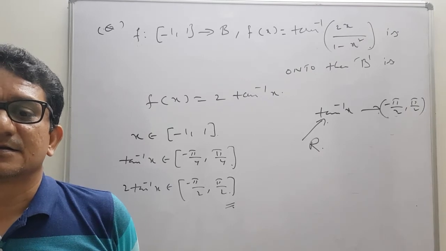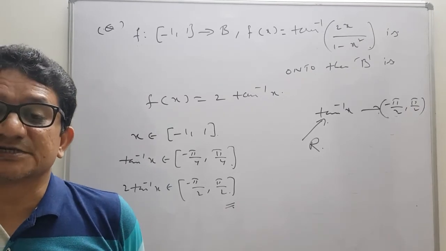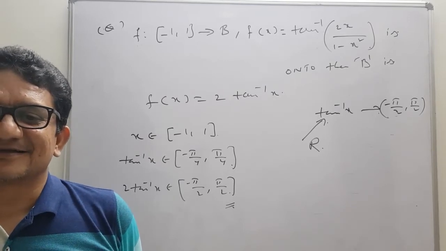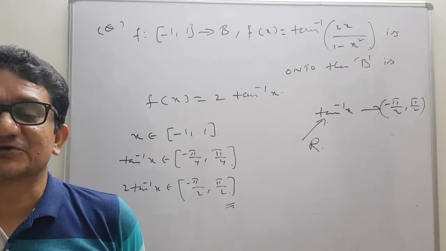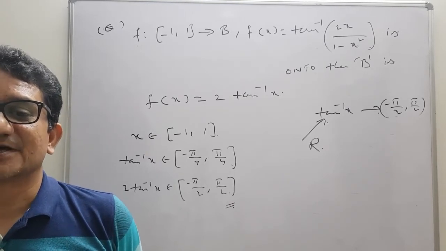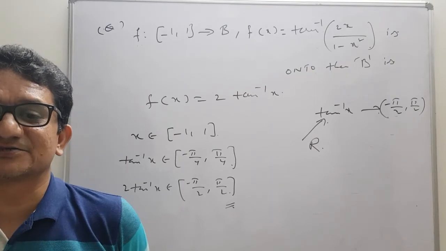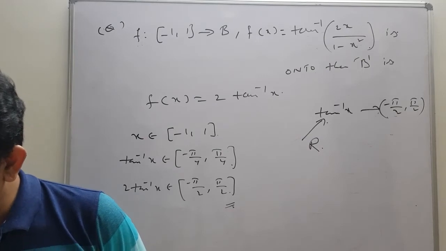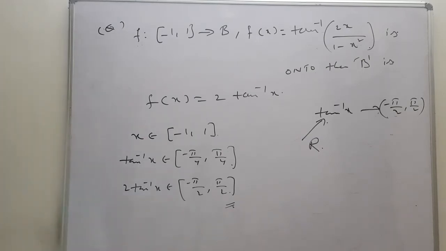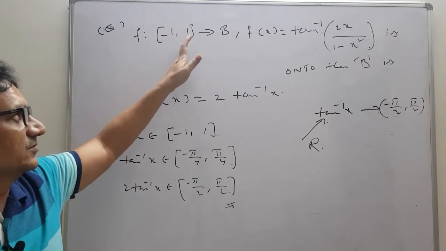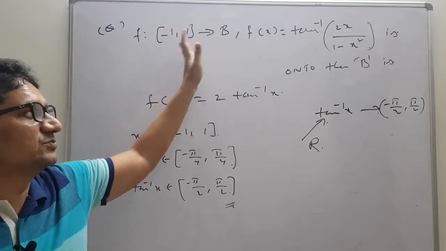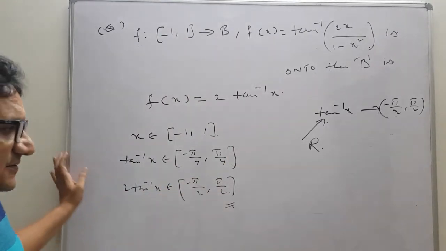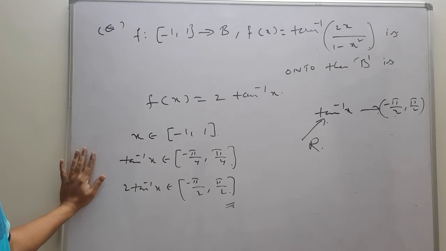But sir, x belongs to minus 1 to 1. Identical functions means how many things should be satisfied? Two things, sir, domain and range. Domain and range. So the range is not equal. Range of sine inverse of 2x by 1 plus x square is what? We did the problem. Okay, but here luckily you got it, but don't do that. When you are confirmed that the domain and range both are the same, then you can go for interconversion. Otherwise don't take the risk. This is the best thing.